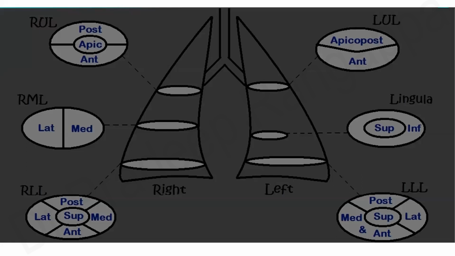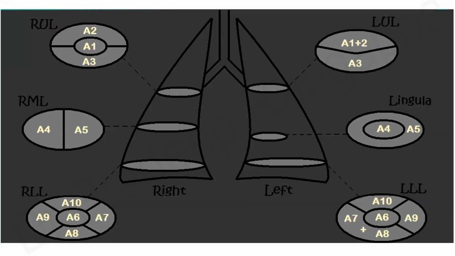So the easiest way to remember is how the zones are divided with the segmental branches. You would have seen common CT reporting saying A2 segmental branch having a filling defect, or A3, A4. On the right, you have up to A10. So A1, A2, A3 in the upper lobe, and right middle lobe you have A4, A5, and right lower lobe you have A6, A7. So just remember this in a clockwise direction on the right side, and A6, A7 anti-clockwise here, in the lower lobe.